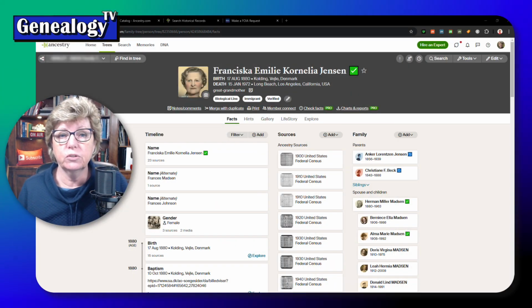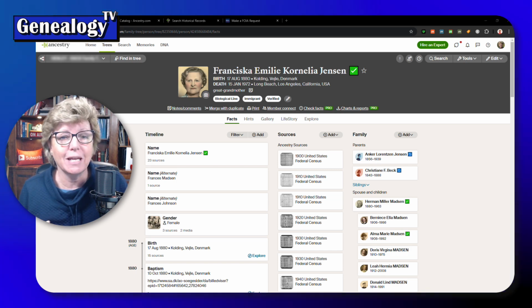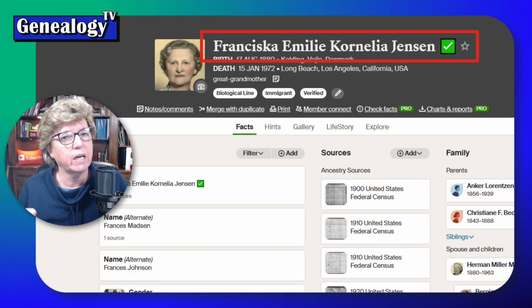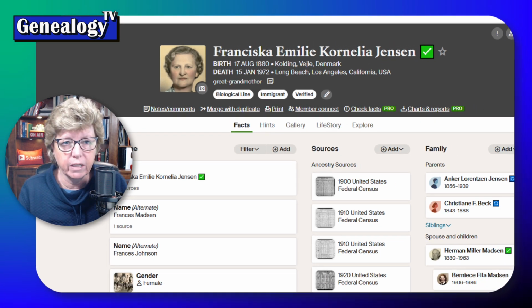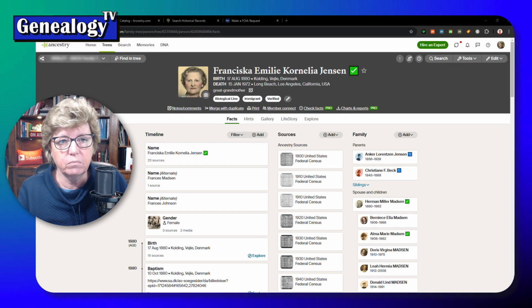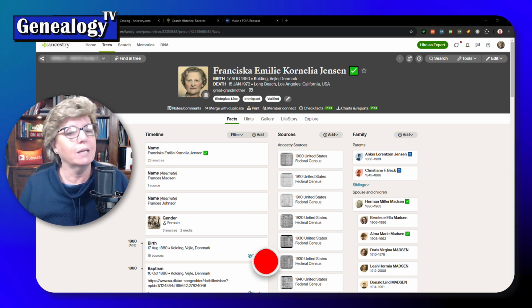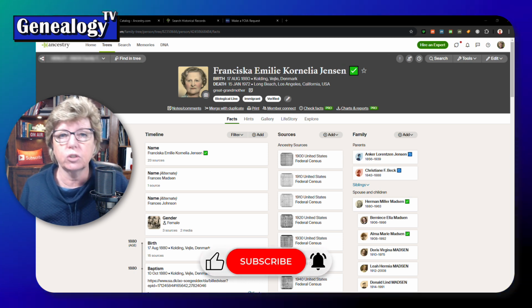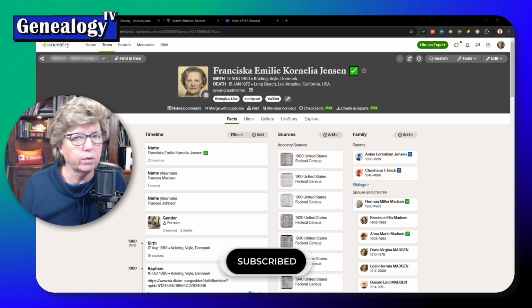So we're going to use my great-grandmother, Frances Madsen. You notice the name is different here. Frances Madsen is the name that is under the Social Security records because that is her married name. So we need to keep this in mind when we're thinking about those dates, which is one of the reasons why I gave you that historical information in the beginning, because what name were they under in 1936, 37, whenever they applied for that Social Security card? What name did they have?